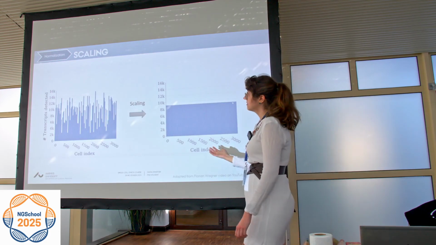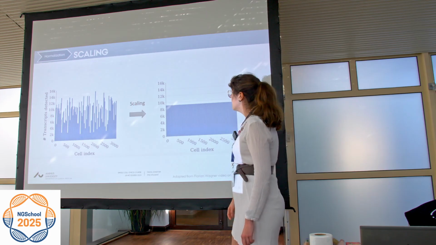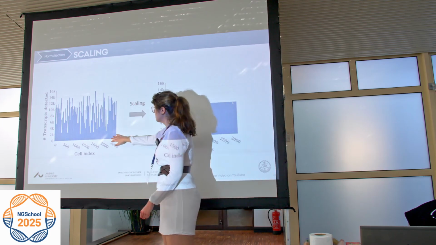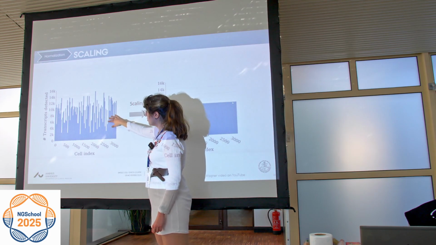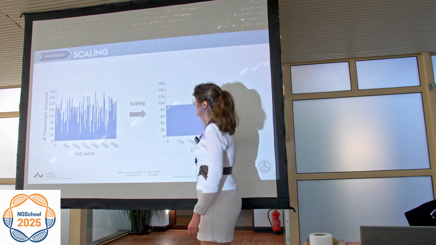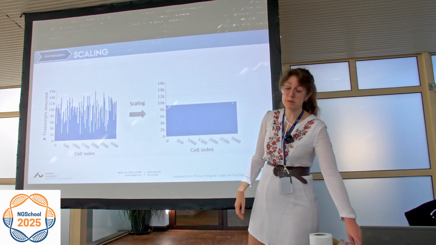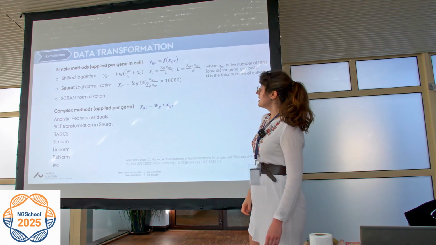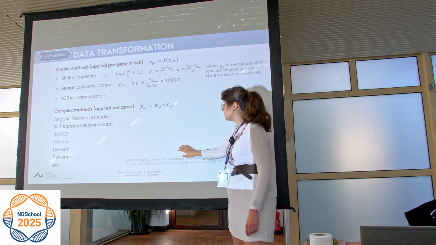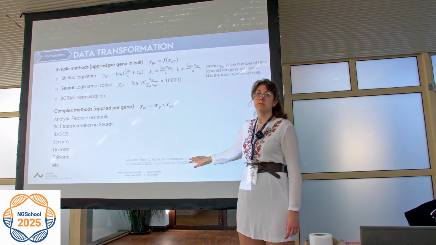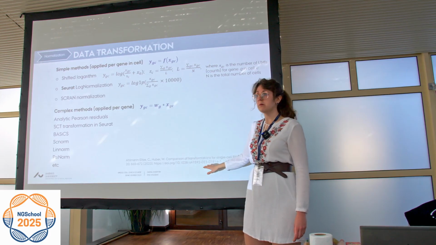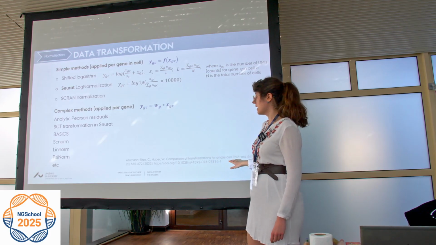Scaling is a very simple thing. Basically, you have the individual number of identified copies in each cell, and then you need to find the concentration instead of having absolute numbers. And then data transformation. There is a very good benchmarking study on different transformation methods and how they affect subsequent analysis